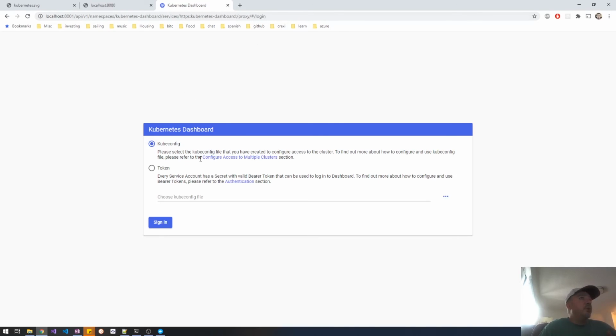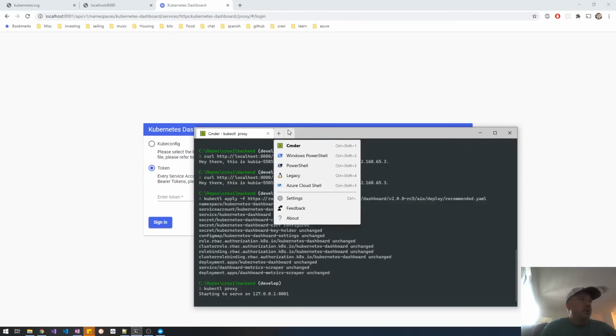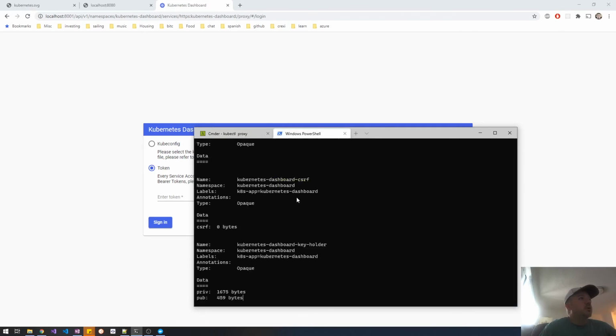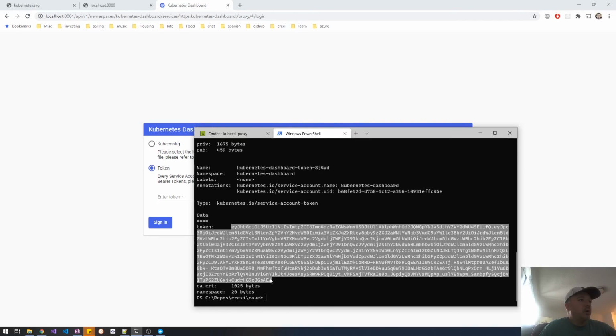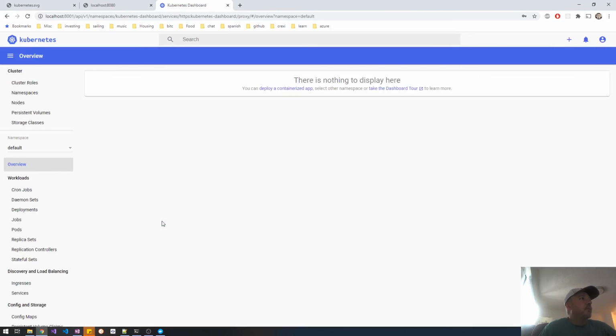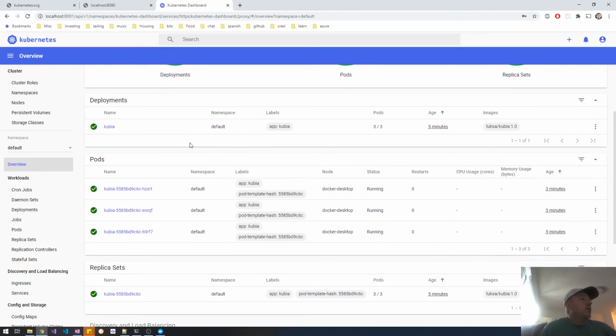So then to log in, you need a token, and to generate a token, you need to run this command, but it has to be done in a PowerShell. So I'm gonna start the Windows PowerShell here, and then paste this. So here we have a token. I'm gonna copy this, paste it here, sign in, and voila, you have a Kubernetes dashboard with your pods,